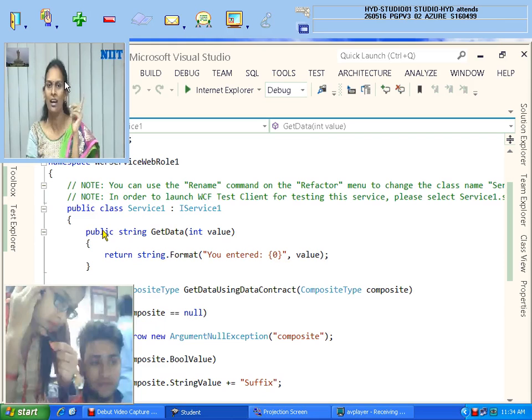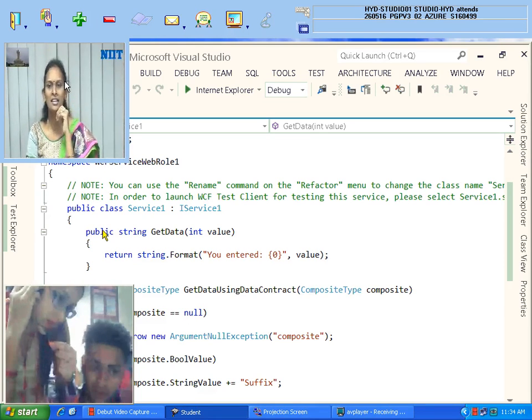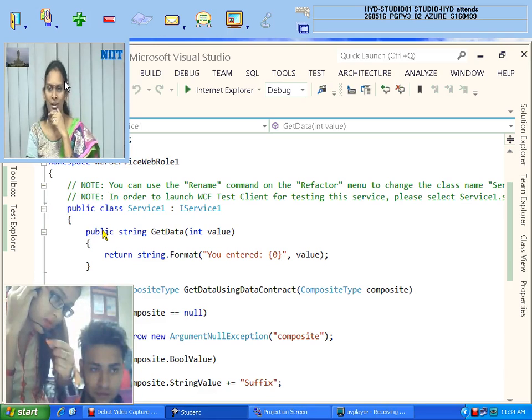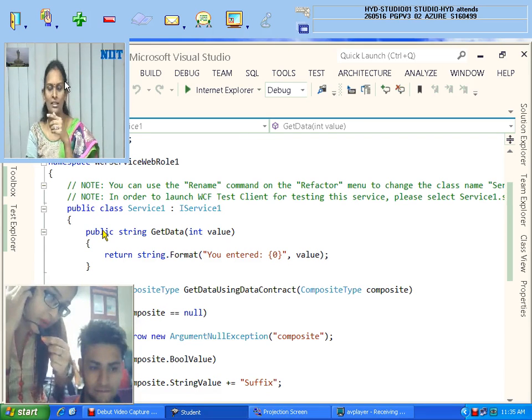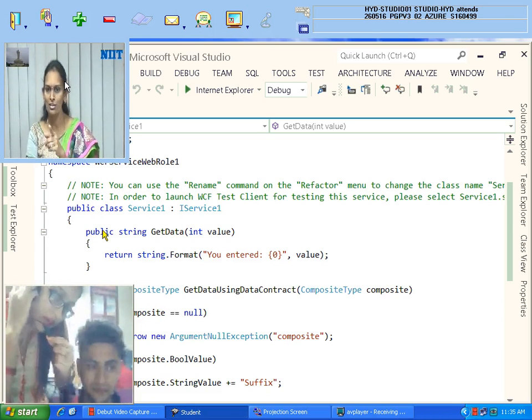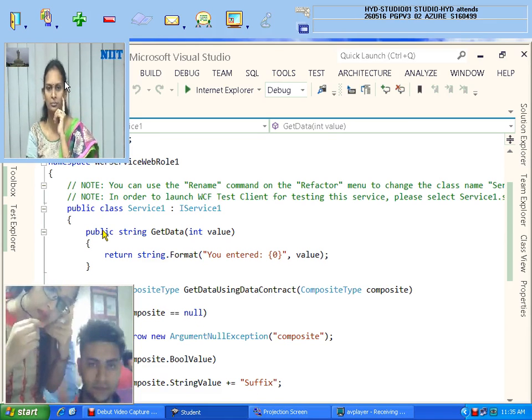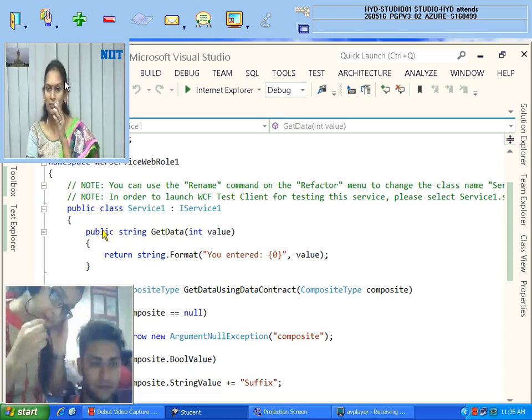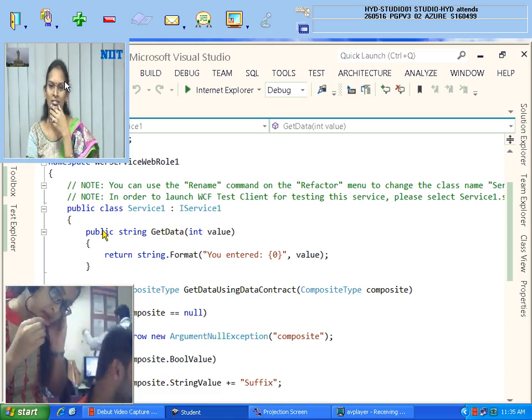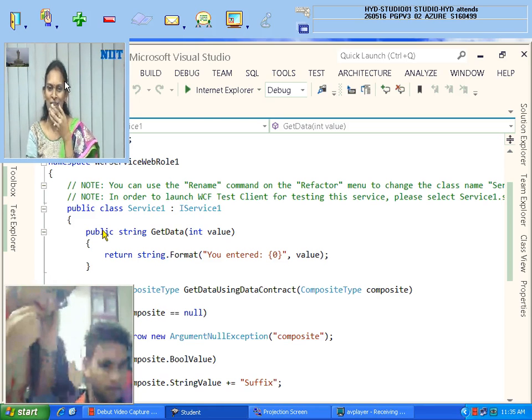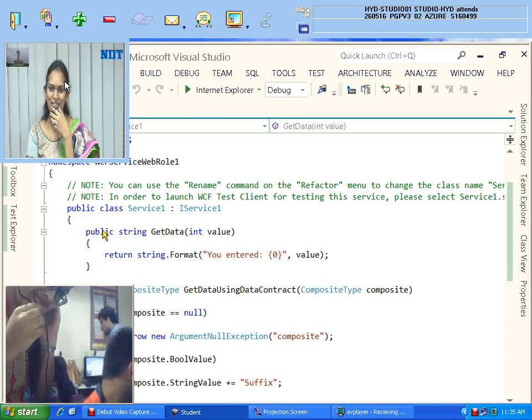Otherwise he will not be able to understand the current session because he missed the previous session. At the same time I cannot repeat the entire session. Am I right? Okay. Please help him with what a WCF service is, how to create it and how to host it. Because for one student around 20 minutes is wasted. I thought that he was present in the last class. Now I came to know that he did not even know what topic I am teaching. He simply said that I am teaching ASP.NET. I am teaching WCF service. He said ASP MVC. So I was surprised.